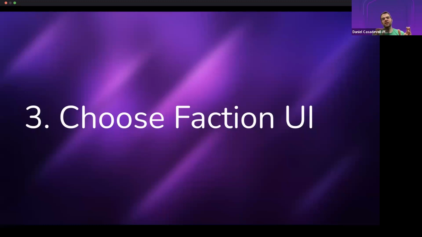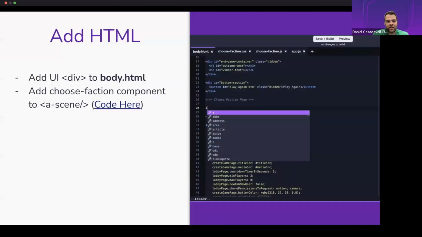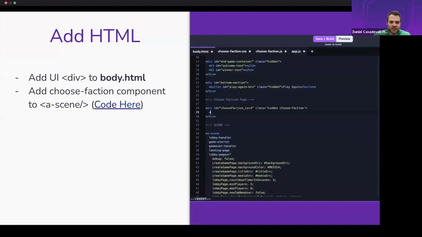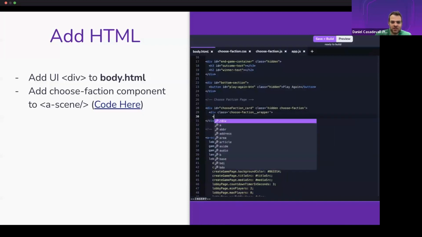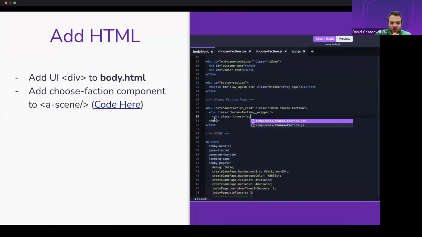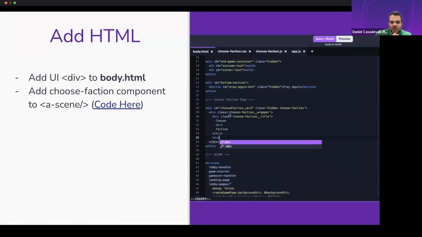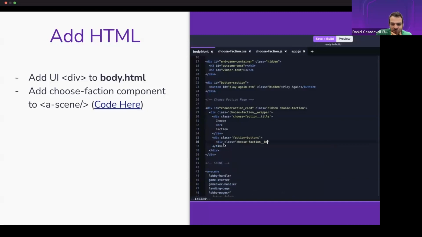So next we're going to start with the select your faction UI, which is the classic Ingress Enlightened versus Resistance faction. We're going to do that by first adding the HTML necessary for this. Again, this is pretty fast typing on the right. You can see that we add a faction card, and this faction card has a choose faction title. It will have a couple buttons. I don't expect you to type this fast.